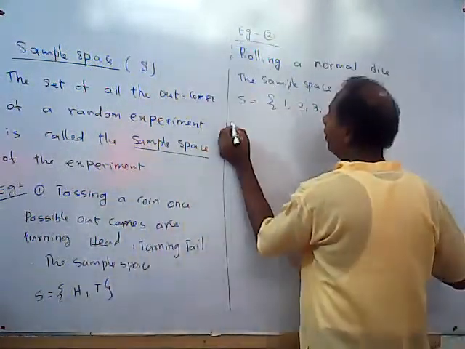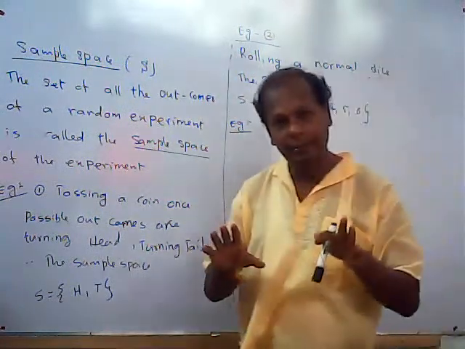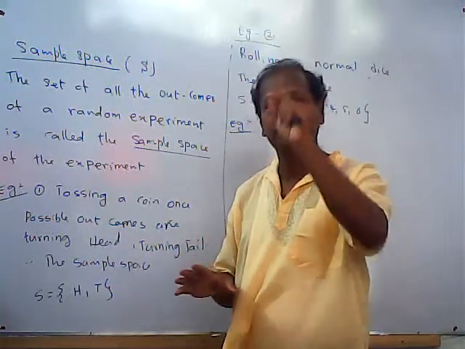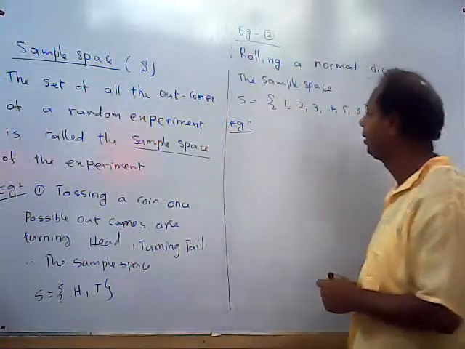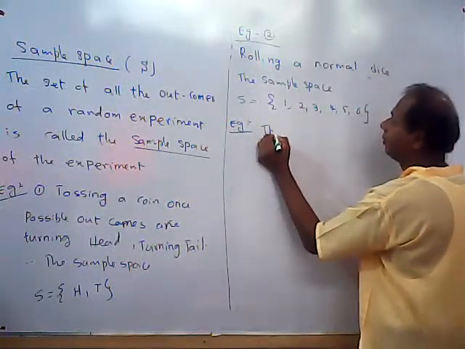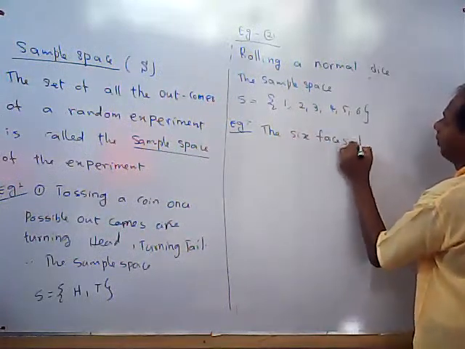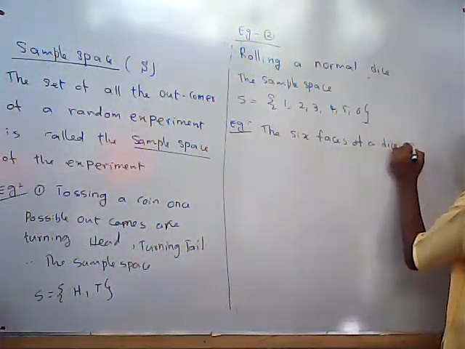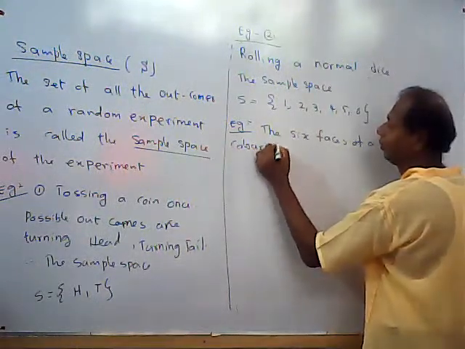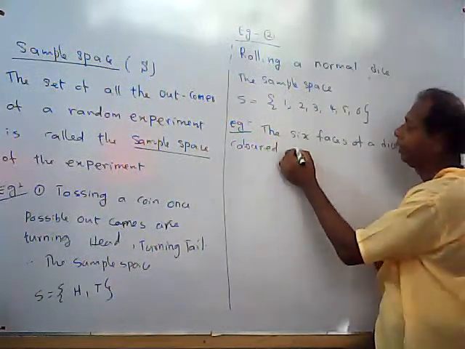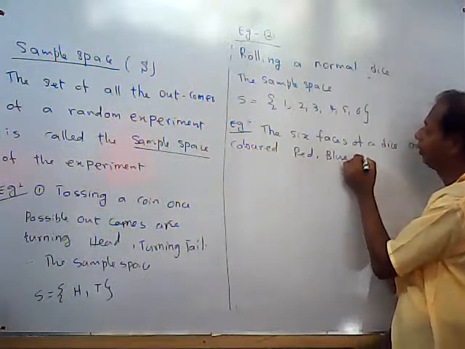Example 3. So this time again you have a dice, but the six faces of the dice are colored. Say red, blue, green,